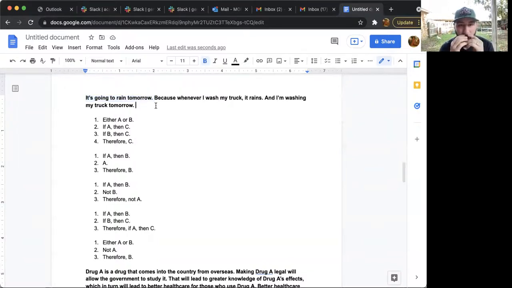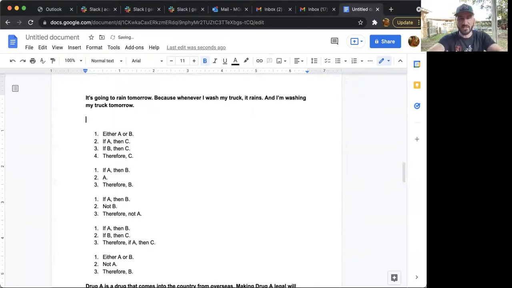Okay, so what are the premises then? In this case, it's a little bit harder because there's a conditional here, but it's not stated as an if then. So this is why when it gets a little bit more complex, you're having to read a little bit more structure into the excerpt as it stands, right? It's not being given to you all right there on the surface. You're having to look at it and say, wait, is there a conditional going on here? It's not totally clear. In this case, I think the conditional is